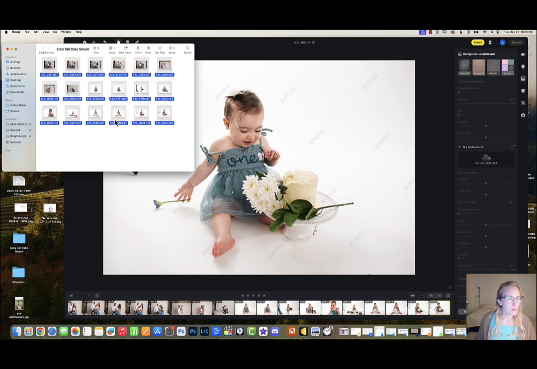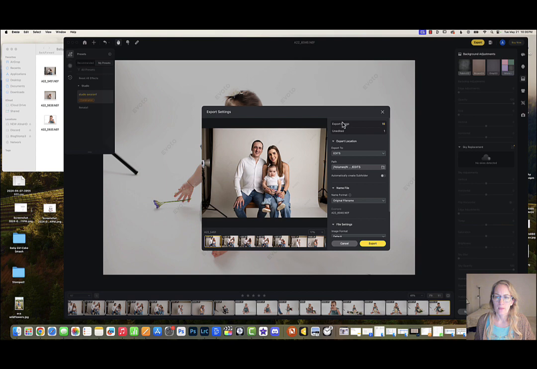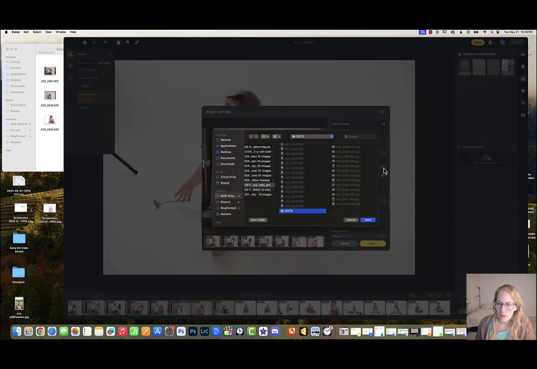Okay, so how many images? Okay, this is 18 images. So I just need to pull them into Photoshop and edit the skin. Can I export all of them? I've never exported more than one, so let's see. Yeah, export image 18. Okay, I want to export 2 edits. And let's see the location. No, I don't want to be in that folder. Let's just go back to the desktop